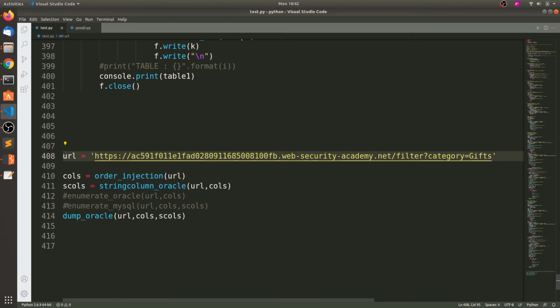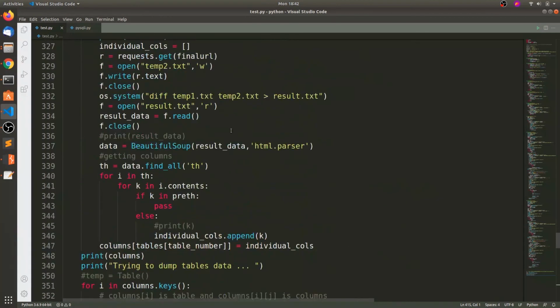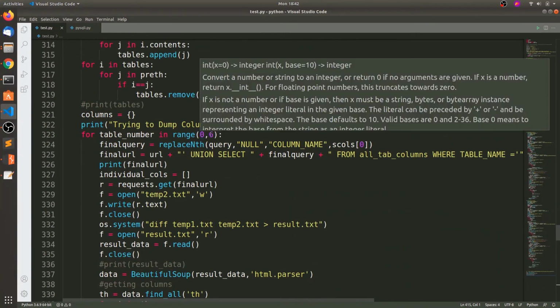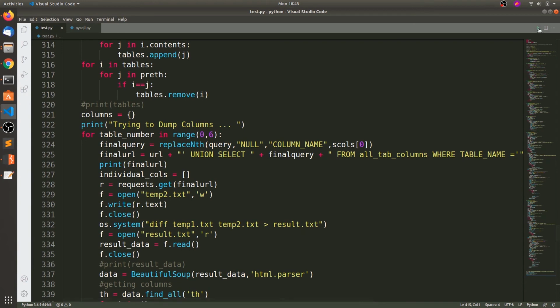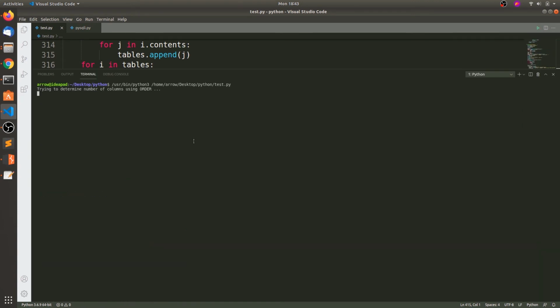Then I am going to dump the Oracle. I'm modifying this a little bit to the first 6 tables so we will get the information. If I want to show you all the information, it will take so much time to run this module. So run this.